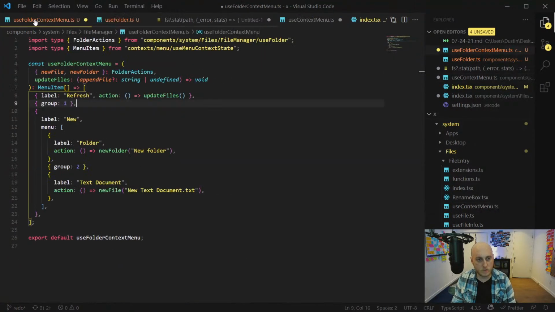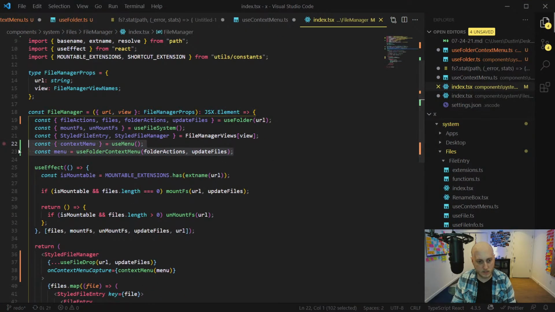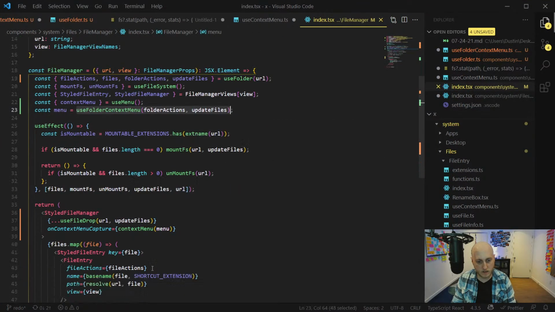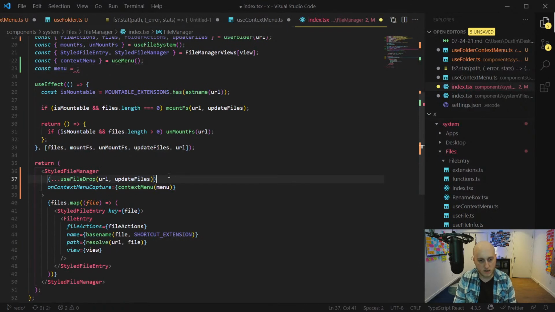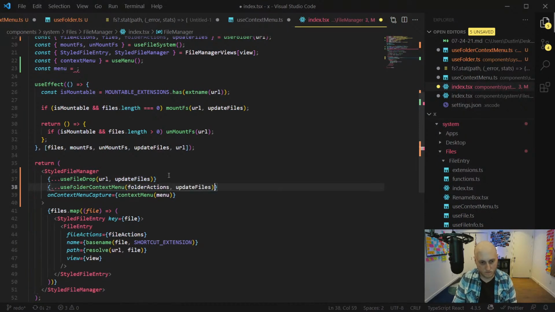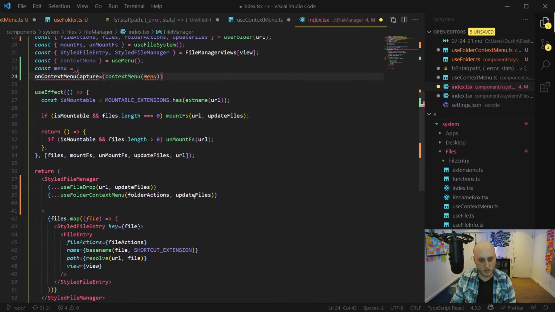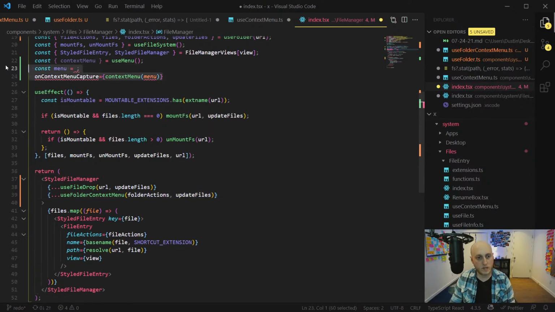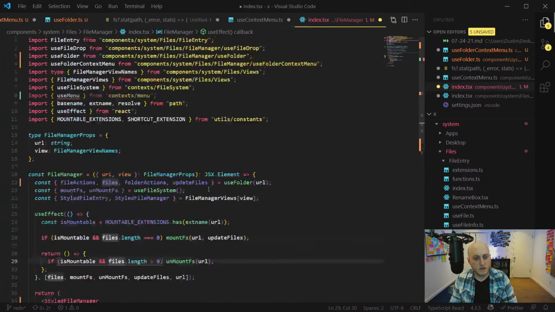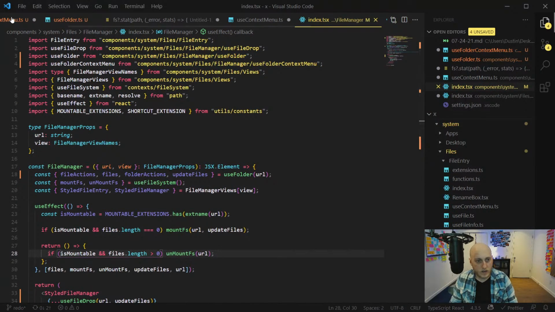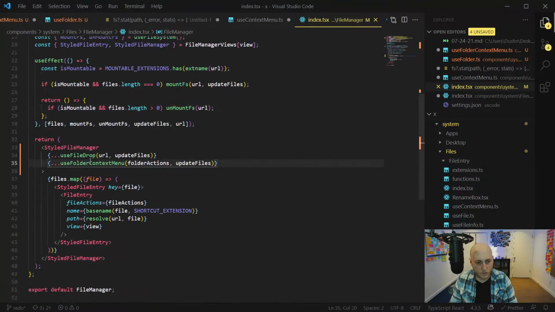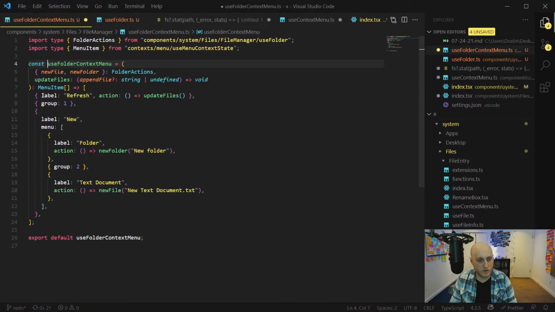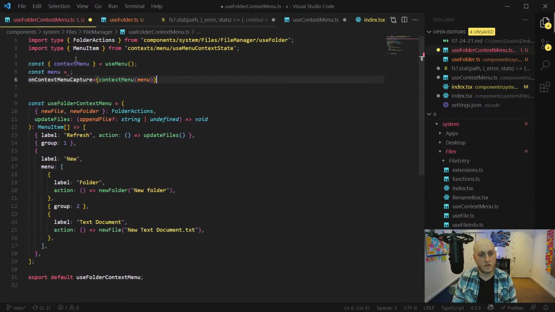So what I wanted to do, where was it here? In the index. Yeah, this piece, I just want this to be directly passed to this. I much prefer that. So we'll take this with us. And we know about that. There. So we'll take these three pieces. And we just need to change the way that the folder context menu exports. So instead of returning menu item, it's going to return